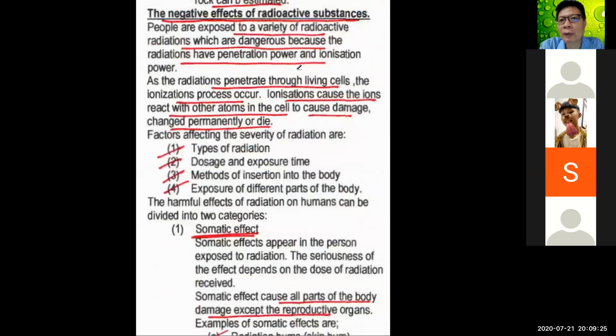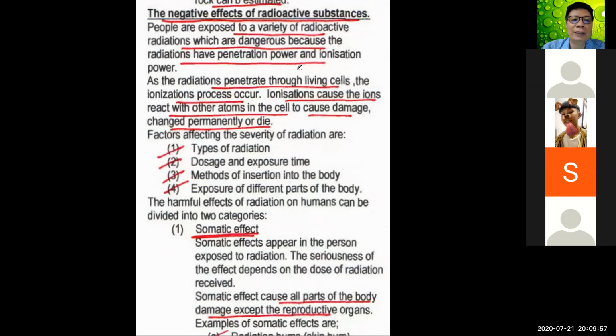Everybody also knows one thing: radioactive is dangerous. But normal people will only say radioactive is dangerous, and they cannot tell you the detail. Dangerous in what sense? Which part of your body will be damaged? What are the sicknesses you will get when you are exposed to radioactive? Now, this is what you are going to learn here.